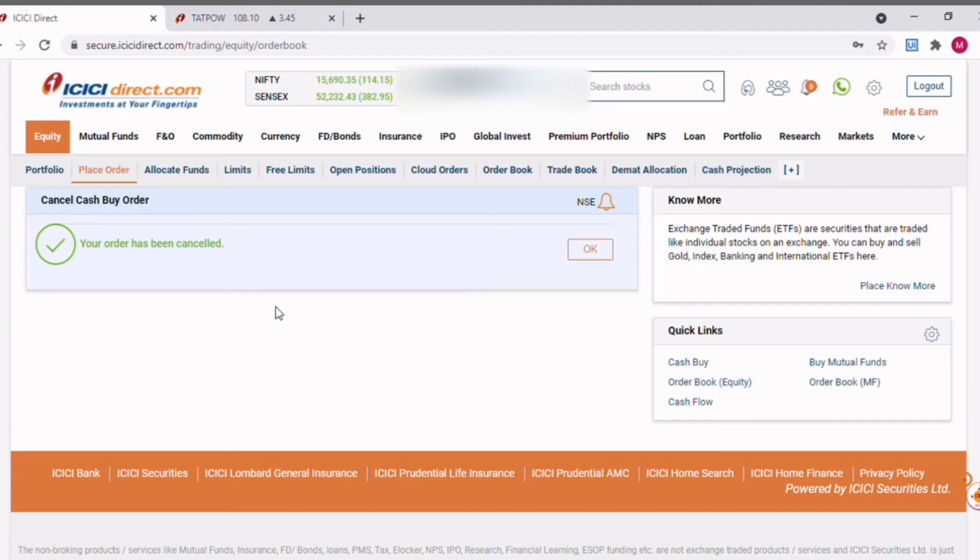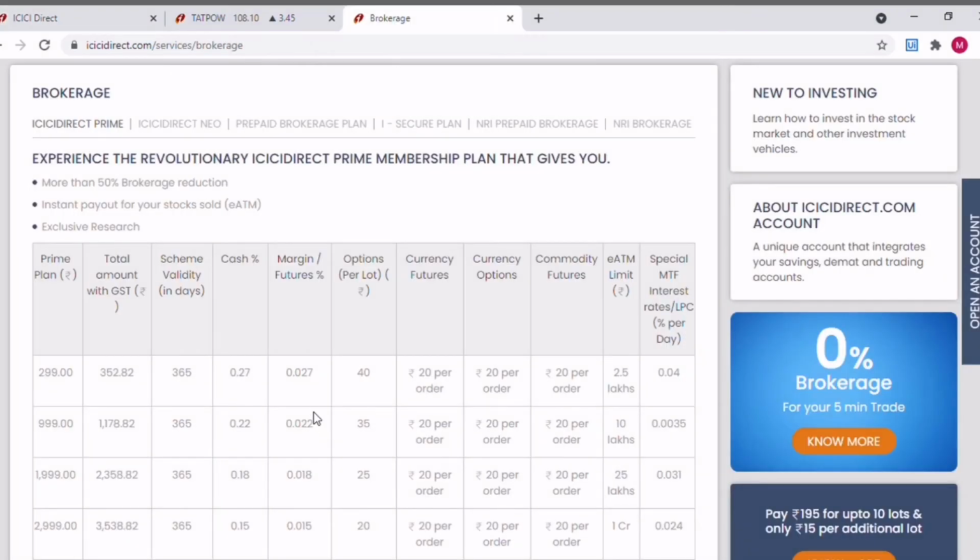And let's discuss the brokerage you have to pay when you're taking a delivery. ICICI has different brokerage plans, and based on the plan, the brokerage varies. This is the link where you can go and explore the different plans available in ICICI Direct.